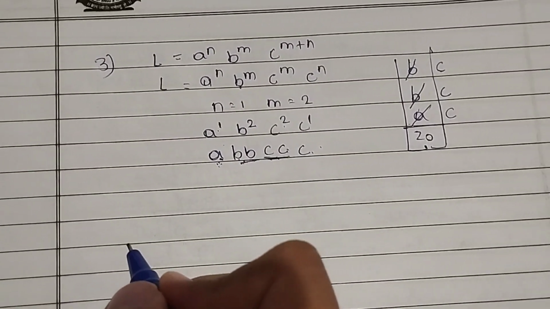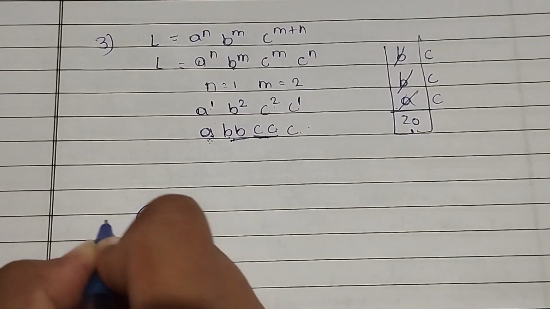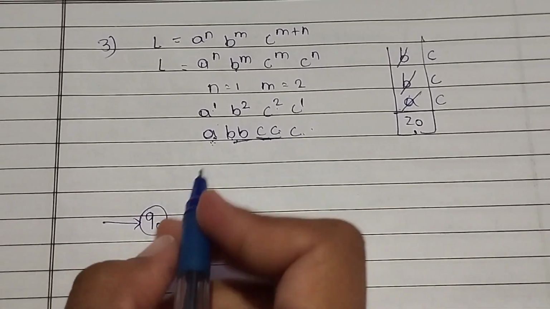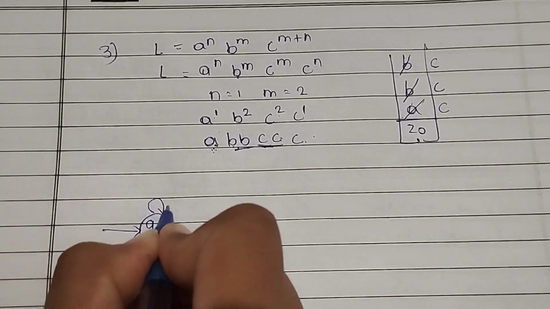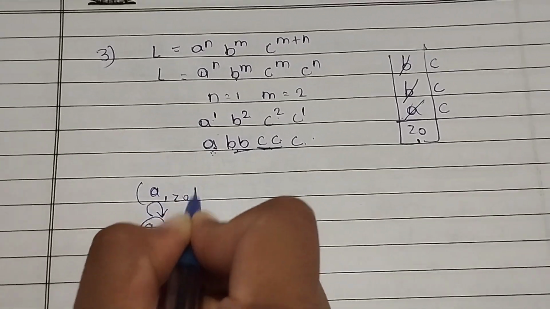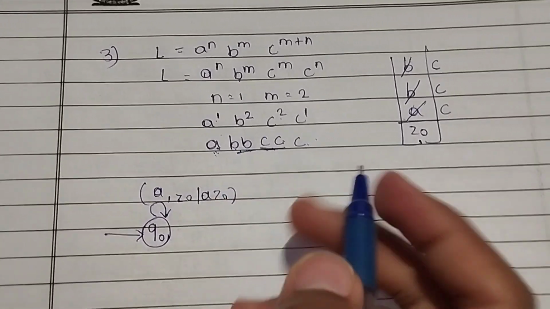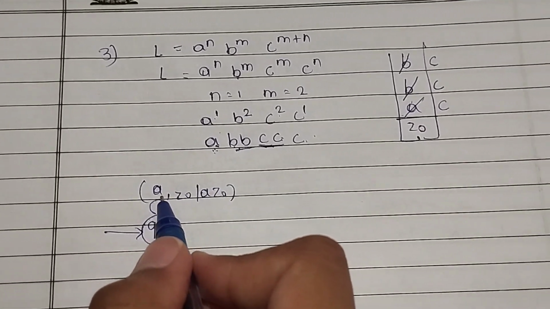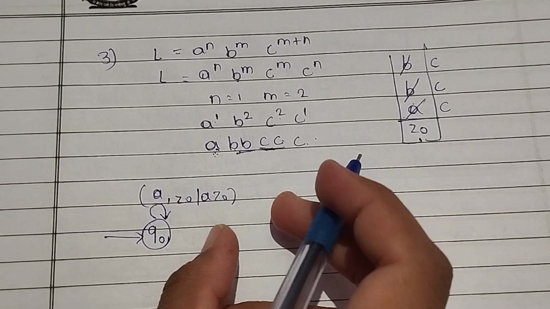So let's draw this. Initially q0. So we read the a, at that time push the a. So z0, a is present, so a z0. Now b we see. So if we write this bz0 and we push bz0, is it correct for this